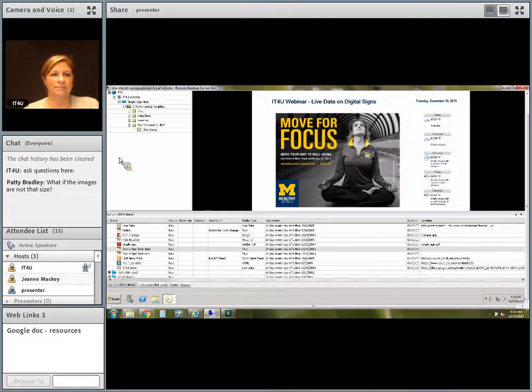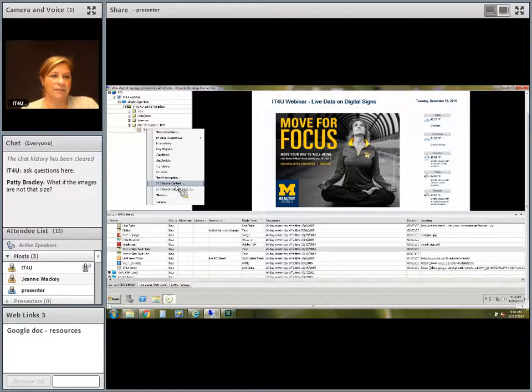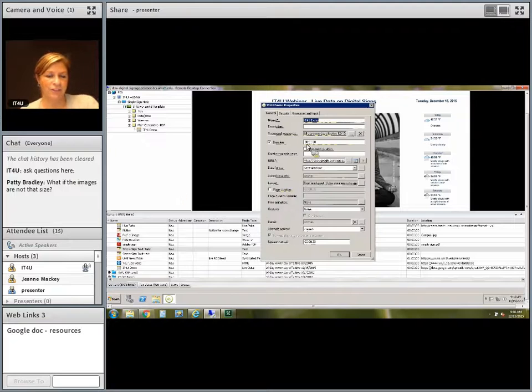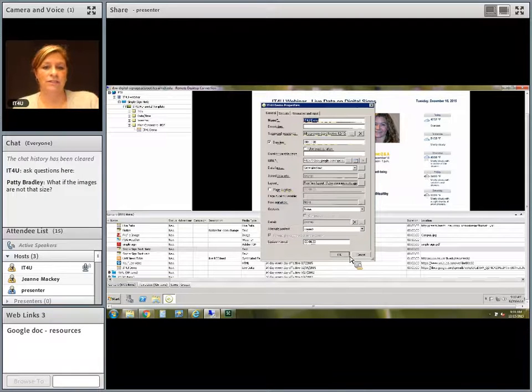Let's take a look again. There it is. So now what it's going to do is it'll rotate through, and if you go back into your edit source content, let's talk about duration. I've got it set to play each image for 30 seconds. So I could change that to be 10 seconds. I could change that to be a minute. But right now 30 seconds seems appropriate, and it'll just flip through each item every 30 seconds. If I were to add any other information to my spreadsheet, it's already looking at that every 30 seconds as well, and it would just add in whatever images to the sign.